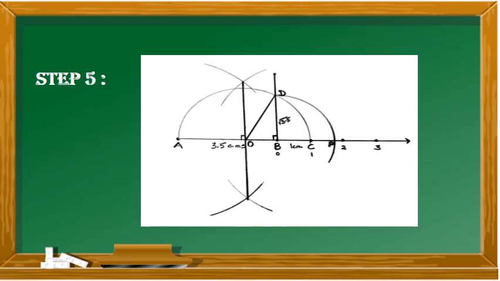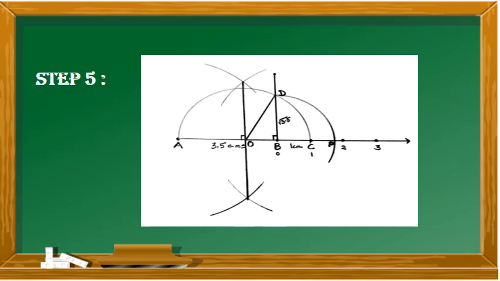Yes, now what you have to do is extend the AB line segment as a number line with B denoting 0 and C denoting 1, and 1 centimeter apart you have to mark 2, 3, etc. Now with the help of compass and B as center, take the measure of BD, and cut the number line at P. Now P represents square root of 3.5 on the number line.